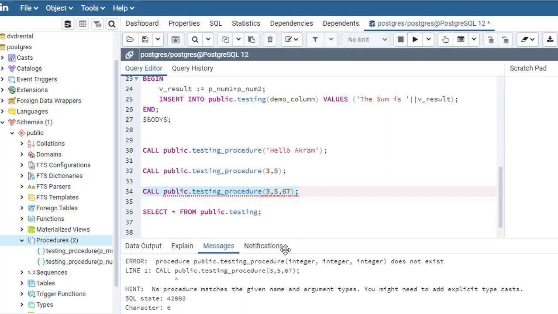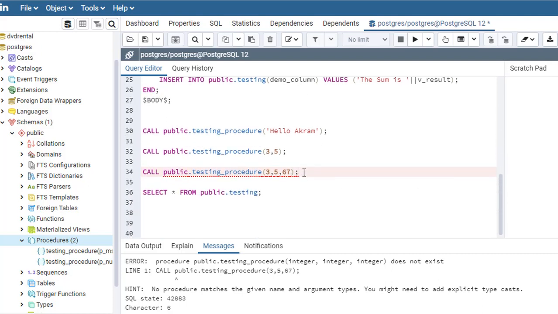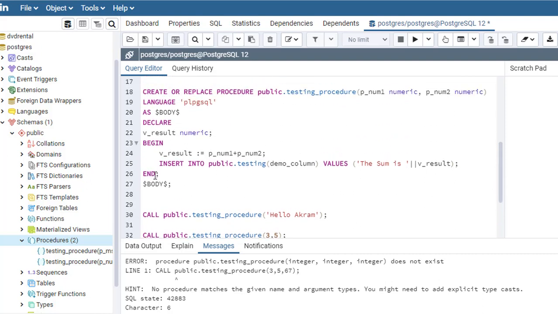Let's check. So the error came like this: procedure public.testing procedure integer integer integer does not exist. So this didn't work. Now what I'll do is create a procedure with parameters integer, integer and integer, and again I'll call it, and that will work. So let's check that one as well.